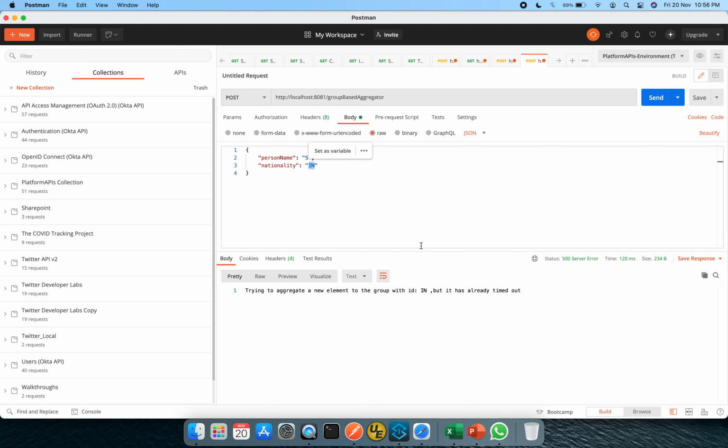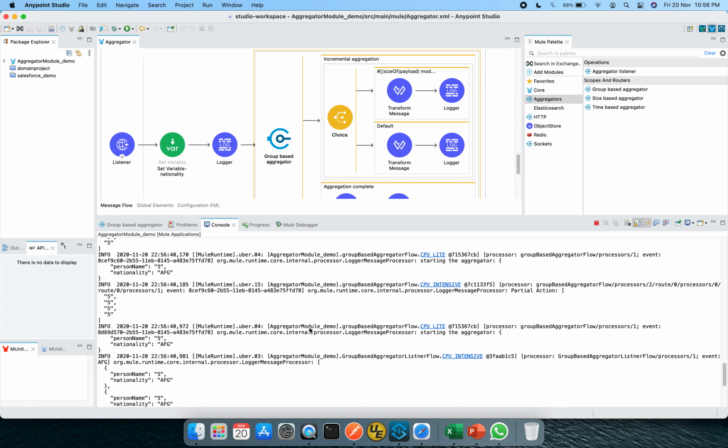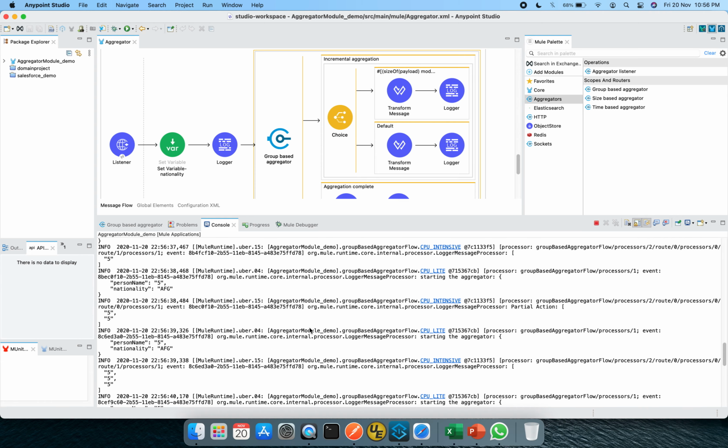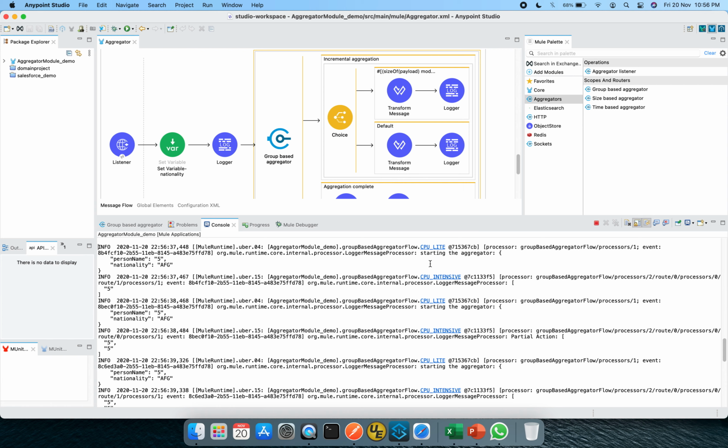Okay, so what I will do this time is print Afghanistan 5 times: 1, 2, 3, 4 and 5. So all in a positive scenario. Let's see what it is printing. For Afghanistan, it will start from here, starting the aggregator, that is this one printing this particular payload. After that, since it is 1, it is going to this default path,